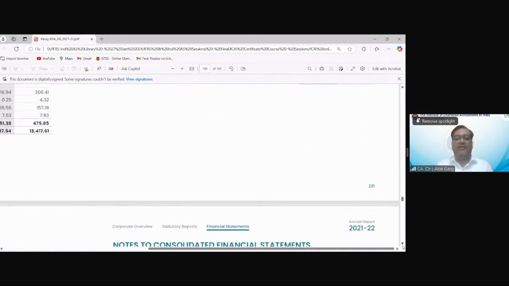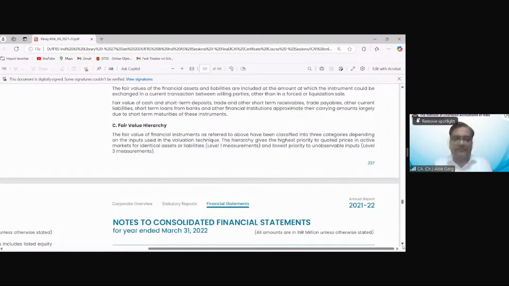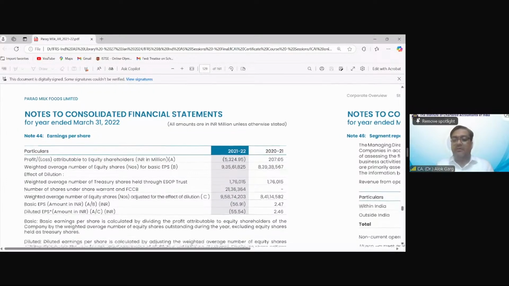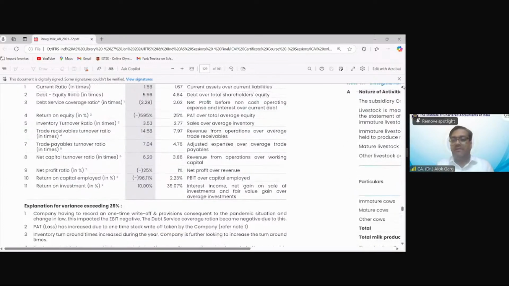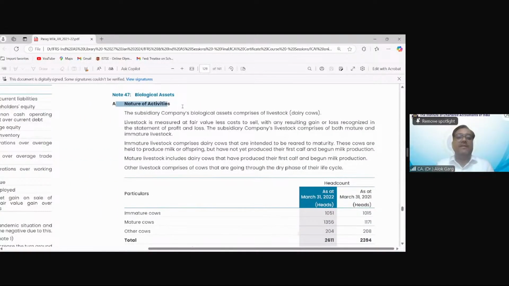And there are a lot of disclosure requirements also. I'm just showing you the disclosure requirements, not relevant from the exam perspective. Let me show you the disclosure requirements. Page number 129. You can see what kind of disclosure is required under Ind AS 41 as well. Nature of activity is required to be disclosed. The subsidiary company's biological asset comprises of livestock, dairy cows. Livestock is measured at fair value less cost to sell with any resulting gain or loss recognized in